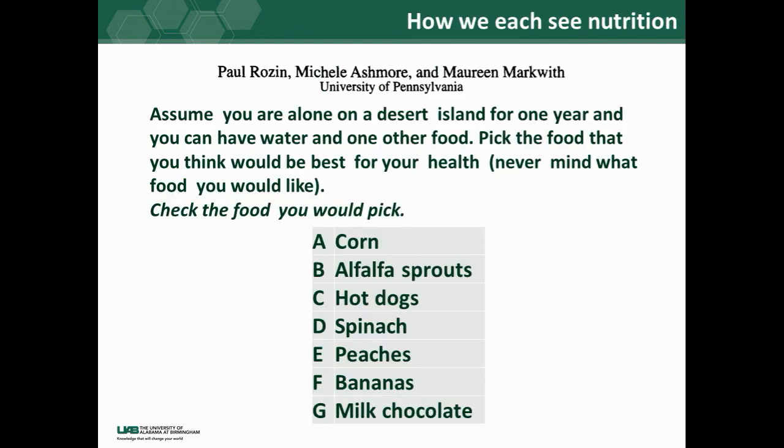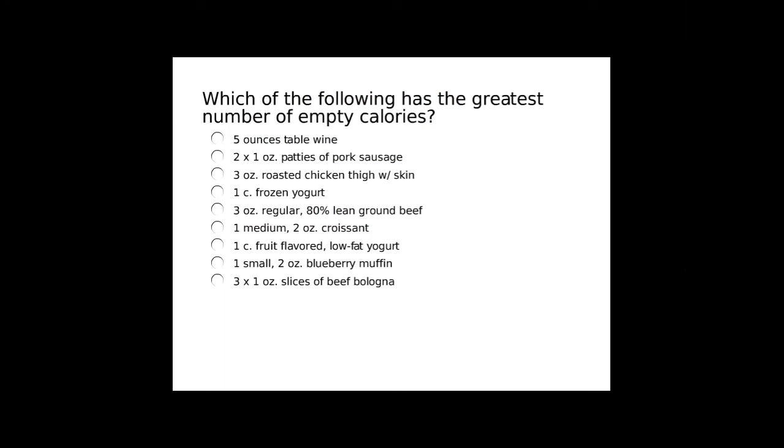So I thought one way I could illustrate the different ways that we interpret the healthfulness of foods is to use this example by Rosin, Ashmore, and Marquith in a paper they had published. They asked individuals, and this is a question I would like to ask you, assume you are alone on a desert island for 1 year, and you can have water and one other food. Pick the food that you think would be best for your health, never mind what food you would like, and then check the food you would pick. The options they gave were corn, alfalfa sprouts, hot dogs, spinach, peaches, bananas, or milk chocolate. And so if you wanted to go ahead and vote now on